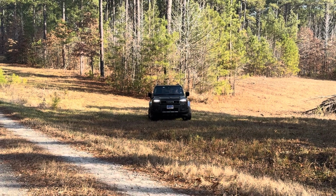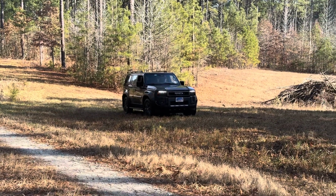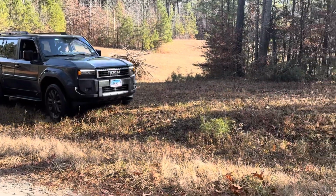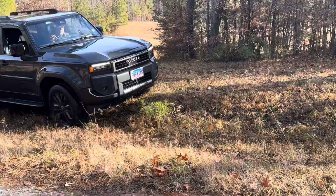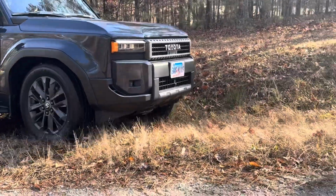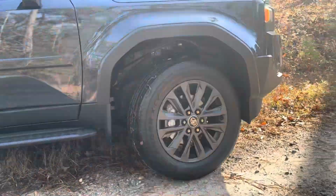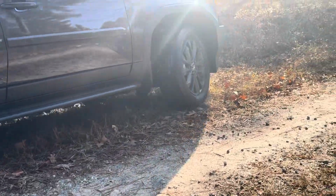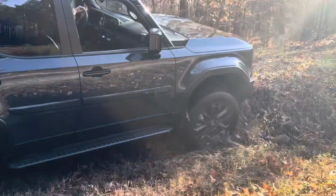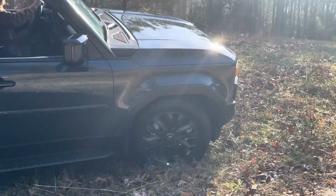Okay, so here I go with the stabilizer bar disconnected. Let's see if I can drop this down good enough so that it demonstrates how we're doing here. Bring it up, and it keeps contact with the road even though I'm pitching pretty severely. Oh, my parking sensor didn't like that one. Probably ought to turn that off, huh? All right, and then